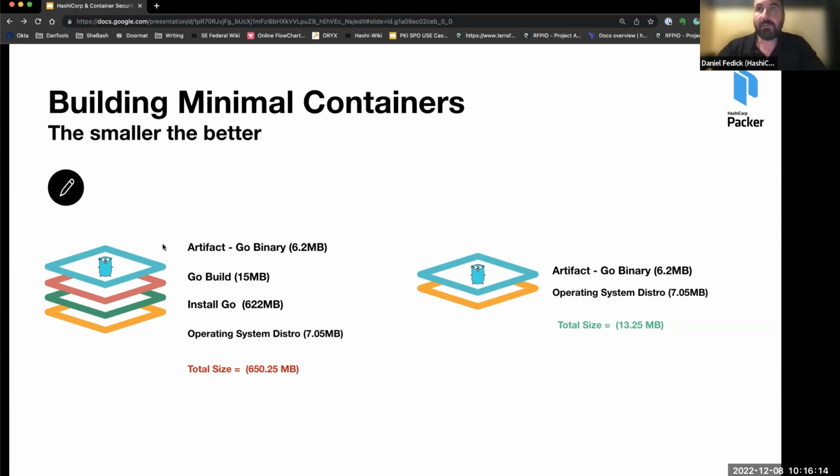And then I want to download the actual repository that I'm going to build. And then I'm going to do the go build command. And then I have that artifact now within the container. And now I can run that, except it's 650 meg, which is very big for something that needs to